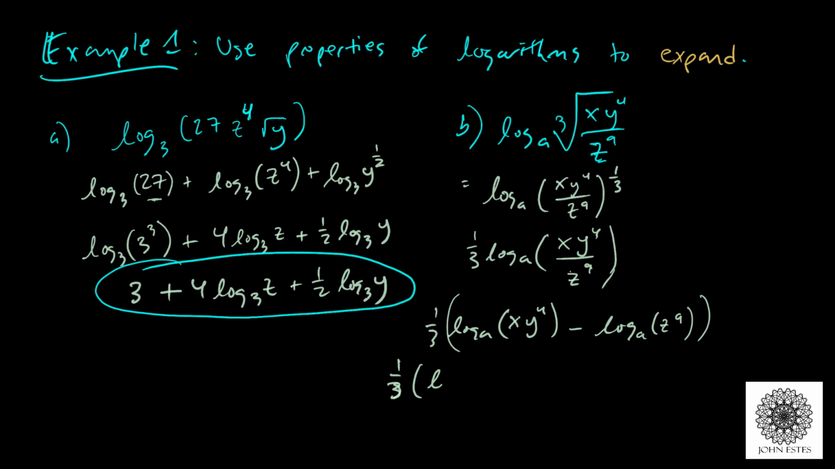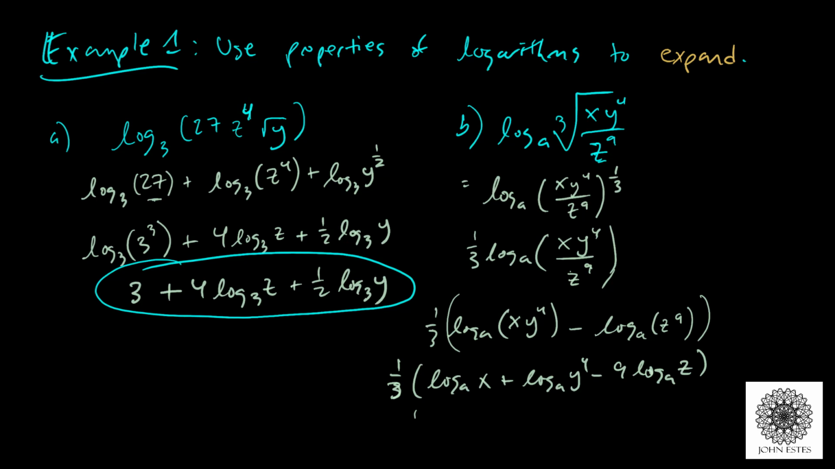I can break up the x and y, so I have log base a of x plus log base a of y to the fourth minus log base a of z. And why don't I actually go ahead and multiply out that 9 in front, right? Because I can pull out the 9 because it's a coefficient. And I'm almost done. I'm going to distribute the 1/3 across, and I'm going to pull out the 4 out